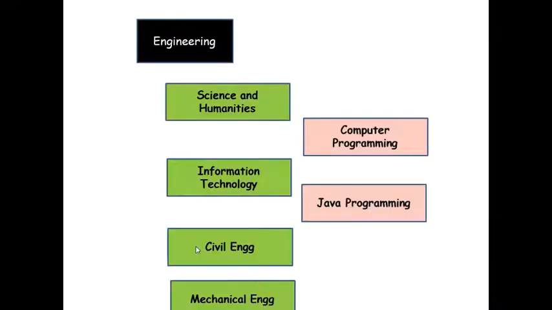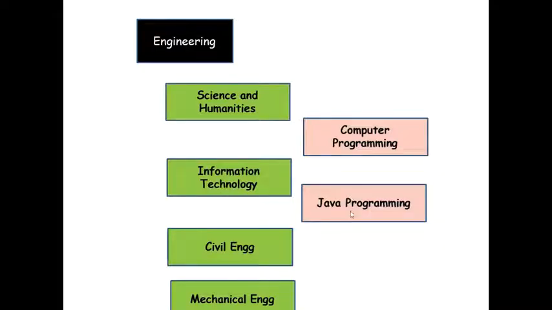For example, say that you had computer programming and Java programming as two courses. Now computer programming say was handled by Science and Humanities department, whereas Java programming, for example, say was handled by Information Technology department. Now please understand that computer programming and Java programming are courses, and when I speak about computer programming, I want to categorize it under a label or a category under Science and Humanities. And when I speak about Java programming, I want to categorize it under a label or category Information Technology.